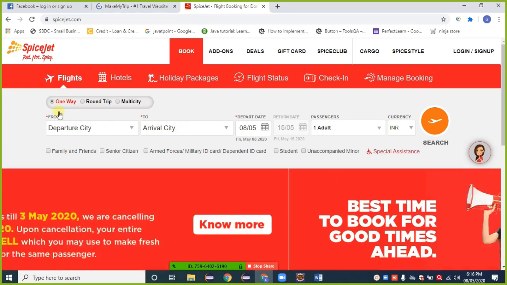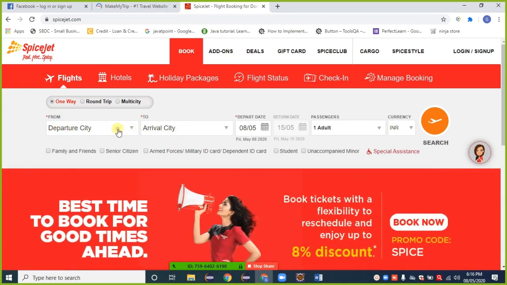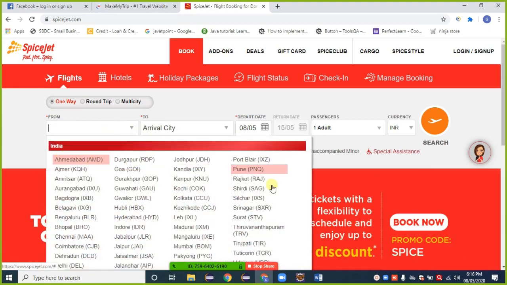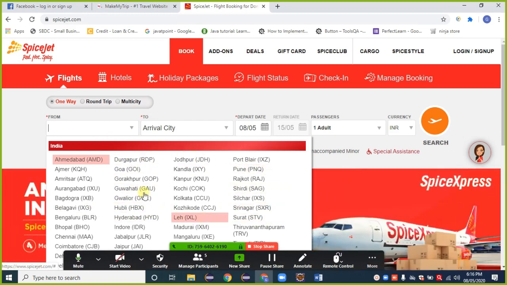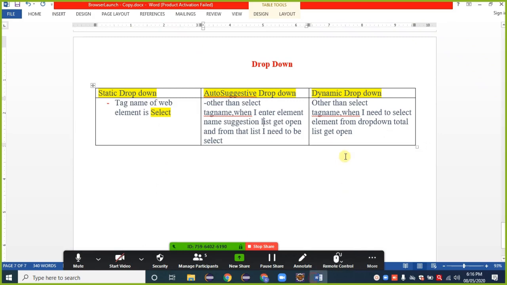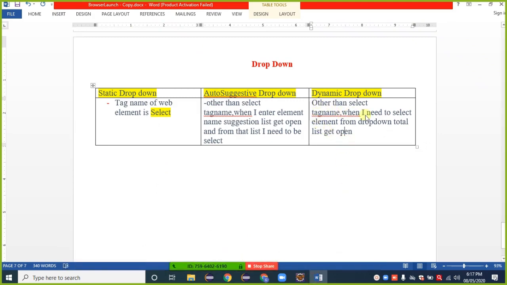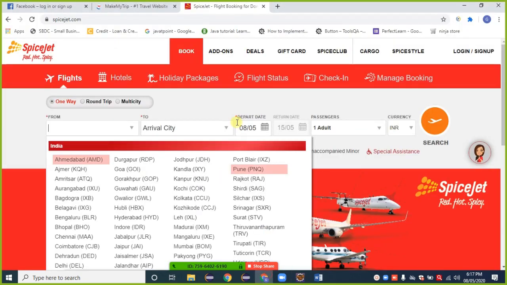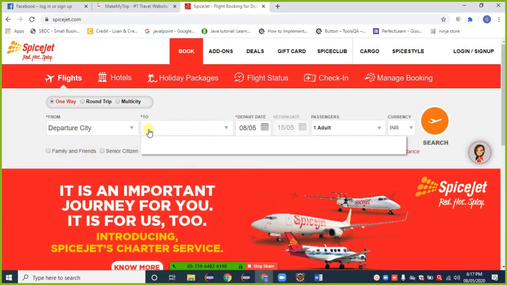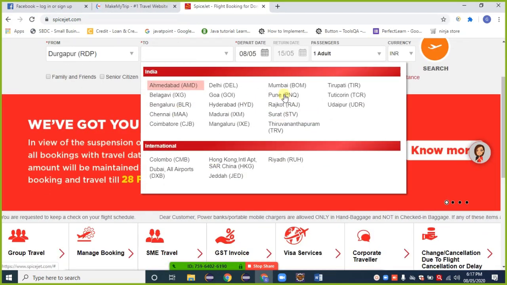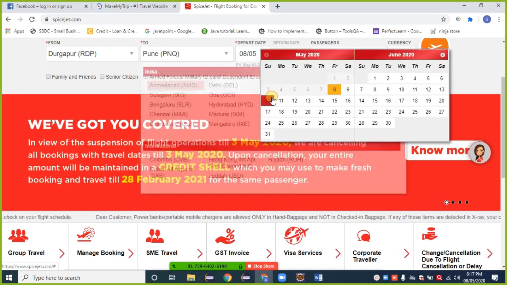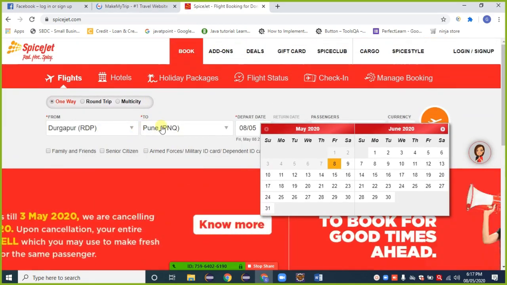So first I go to the departure city here. When I click that, the total list gets open. Such a thing is called a dynamic drop down. Observe here: when I need to select an element from the drop down, the total list gets open in front of us. That one is called a dynamic drop down. Then I need to select the respective destination.